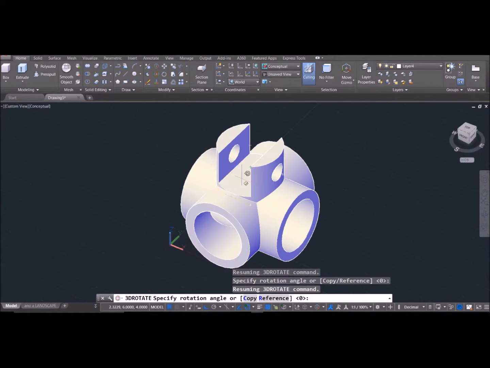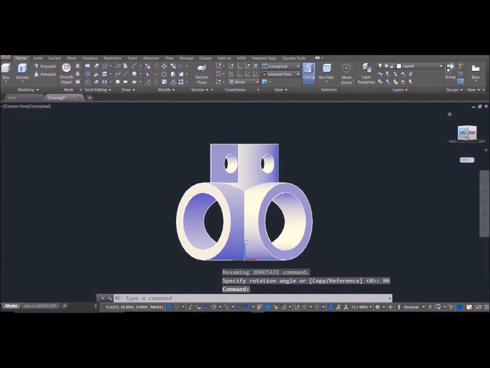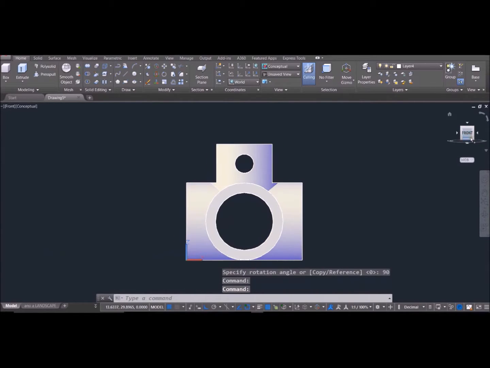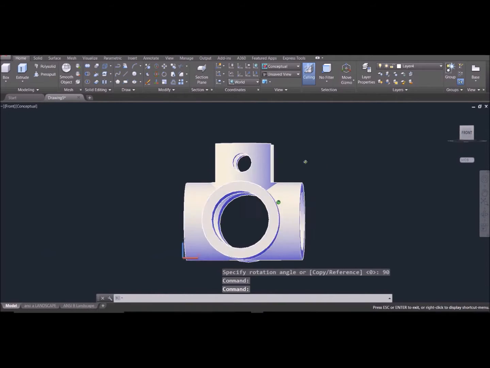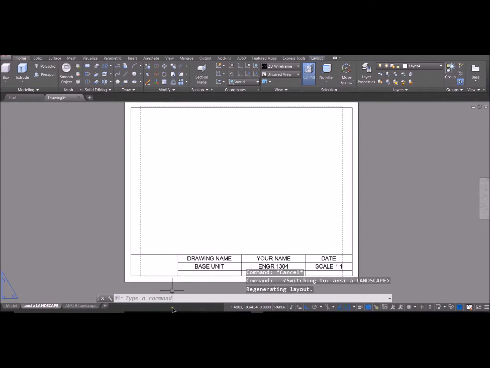And when you get into VIEWBASE in the layout, you can change which orientation, but sometimes it's easier just to use the 3D rotate here. Okay, so the front is now where the front is supposed to be. Right-hand side is where the right-hand side is supposed to be. So now we can go over to the layout, use VIEWBASE out of the model space, and as you're placing